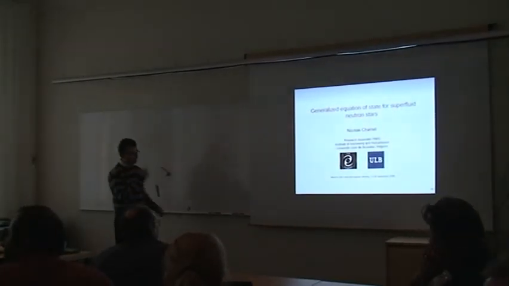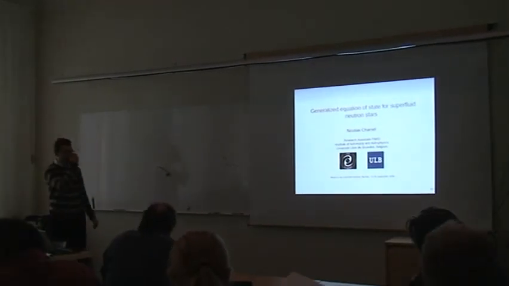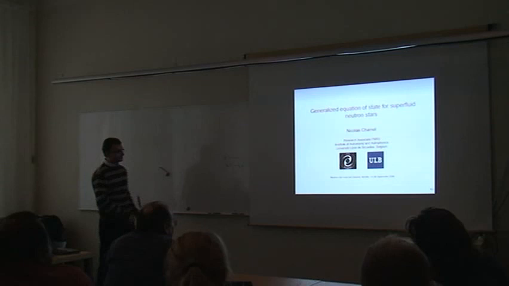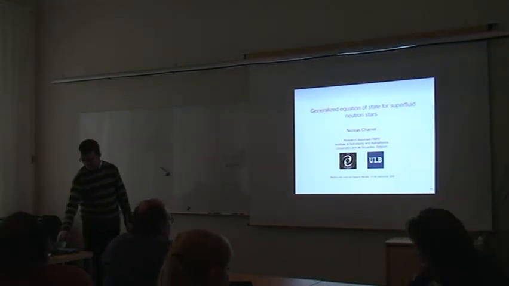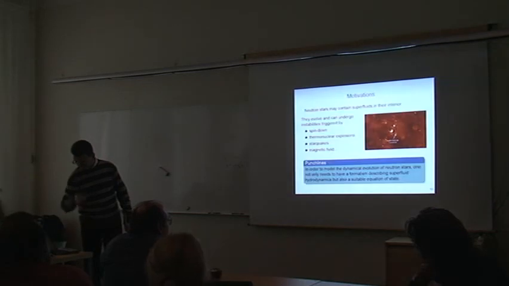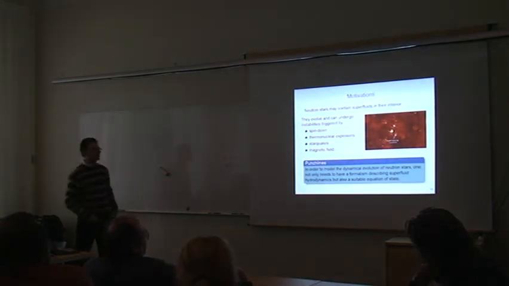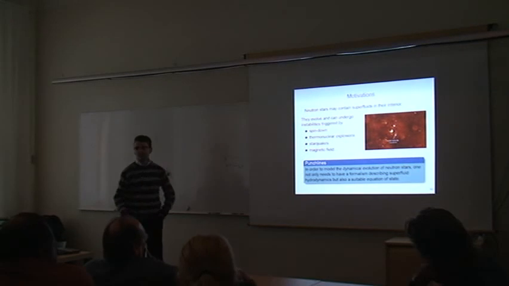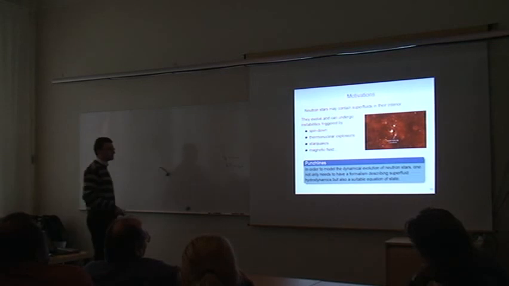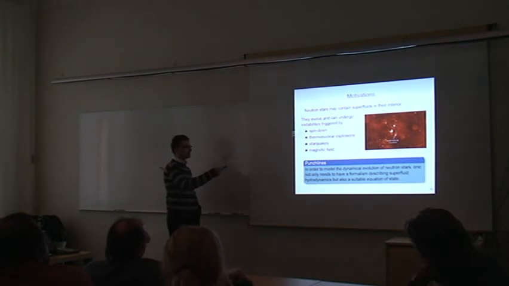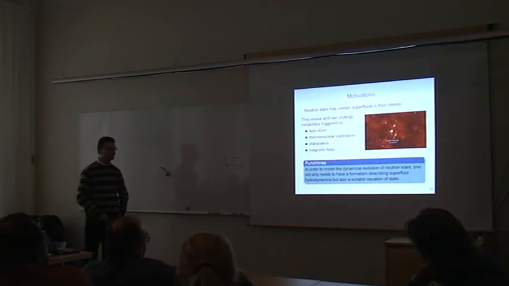Okay, so I'm going to speak about different aspects of superfluidity, which is more related to the dynamics of superfluids. We have heard that in neutron stars there can be several superfluids: neutron superfluids, proton superconductors, hyperon or whatever. And we also know that neutron stars are not static objects, but they are evolving, and they can undergo various kinds of instabilities, like this